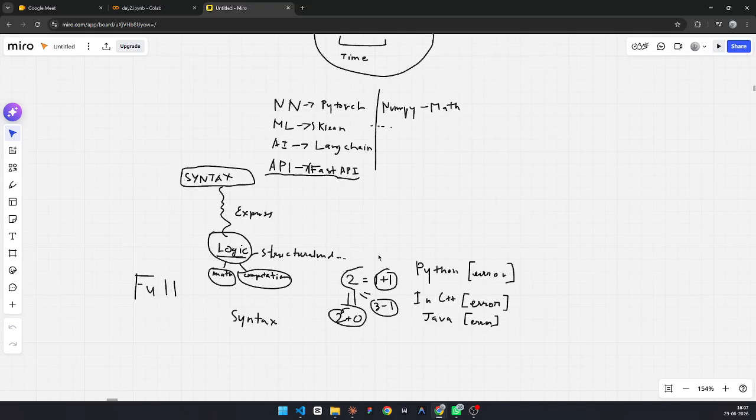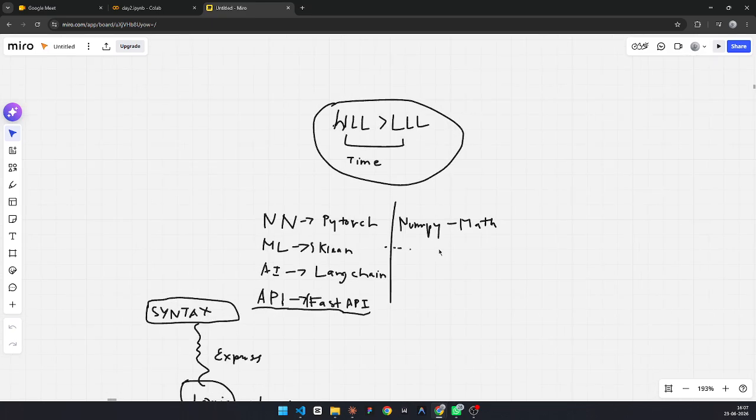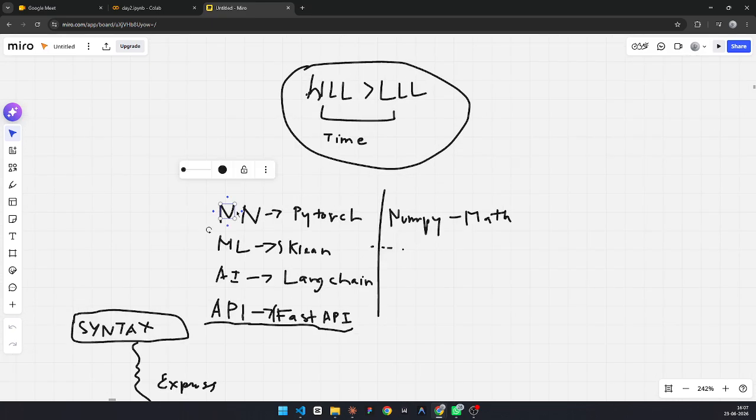Python is also very versatile and very flexible. That means it can be used for building almost anything, and it has a wide range of libraries. For making neural networks, you have PyTorch, and for machine learning you have scikit-learn, and for AI you have LangChain or OpenAI.